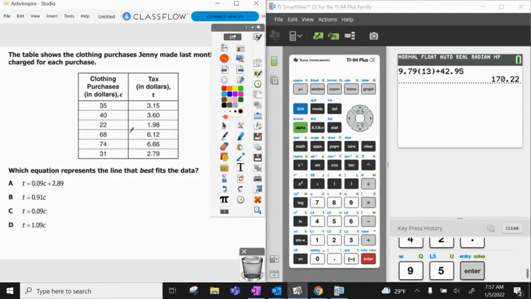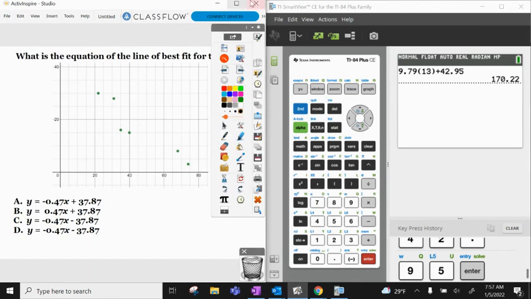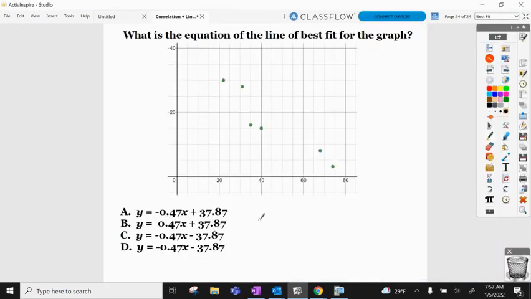Again, you would plug this in. You'd see what your A and your B is, and this is just straight up asking you for the line of best fit. If they give you a picture, you don't even necessarily have to use your graphing calculator,